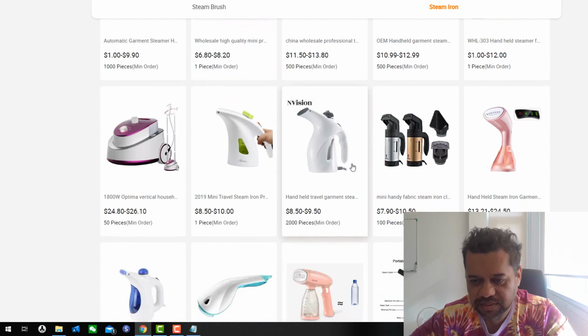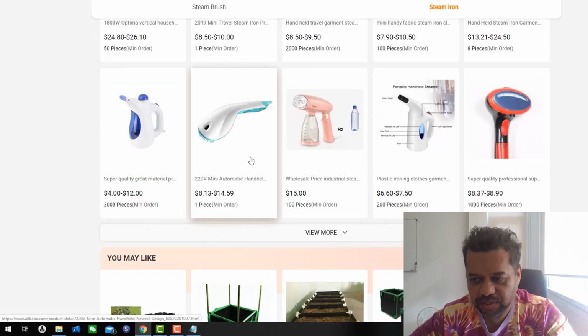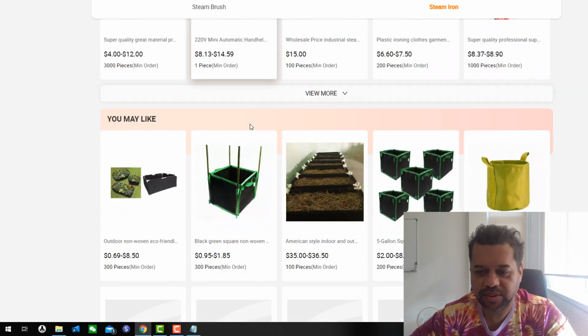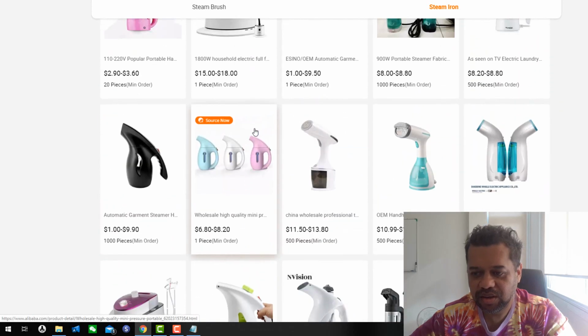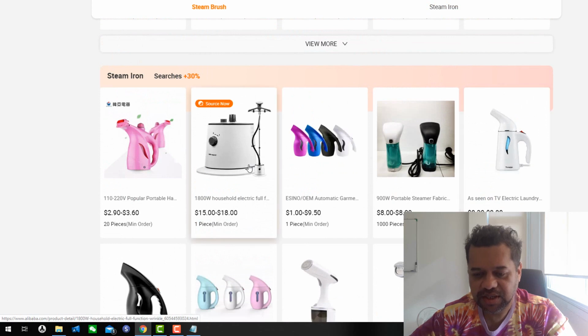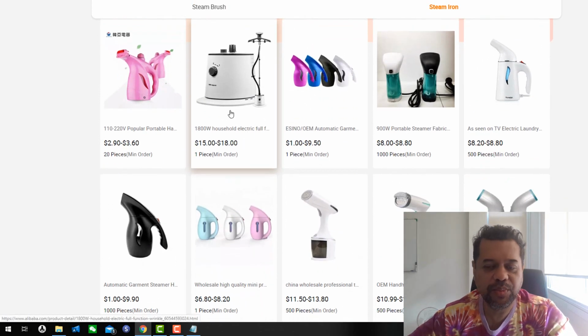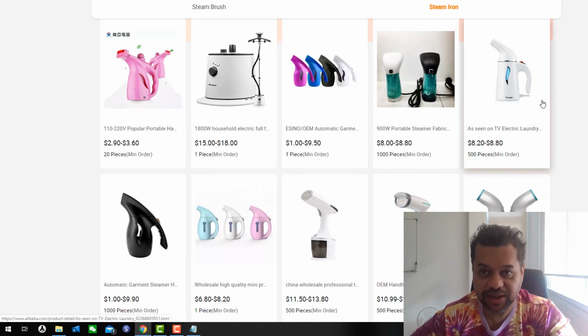So here's some more steamers. We want to buy a test order, okay? So that's what we want. We want a test order. We don't want 100 units because we just want to test it first. So with the testing phase, you could possibly buy them at a dearer price because, again, we only want to test it just to see whether the product's going to sell. Once we test it and we find that it's going to sell, then we can order a little bit more,